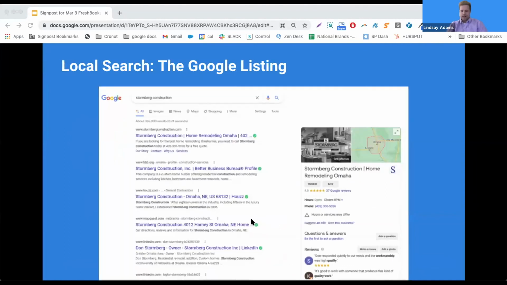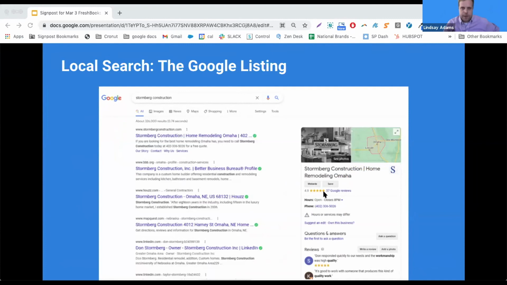Now, I've worked at Signpost over 6 years now. I've always had contractors tell me that they get most of their referrals from word of mouth. That's all fine and dandy, but people are still going to be Googling that business regardless. Let's say I have a buddy that refers a contractor to me. I need to get the guy's phone number, so I'm going to jump on Google. I'm going to do that quick search,